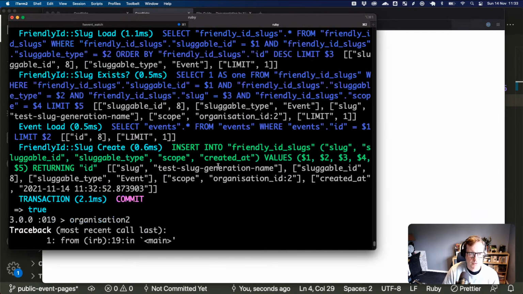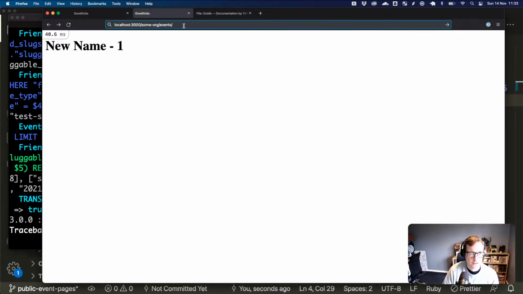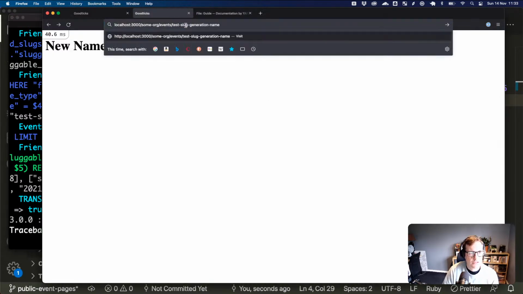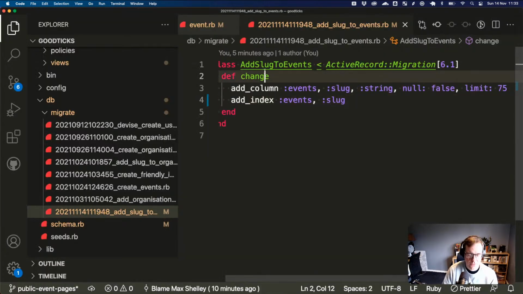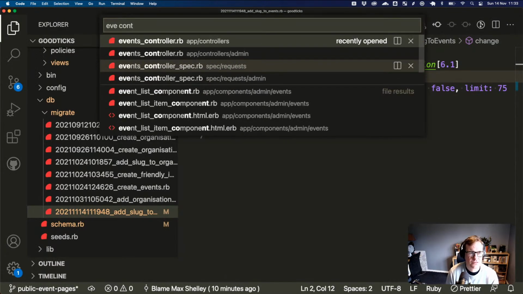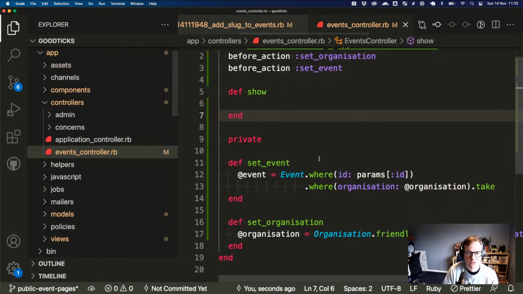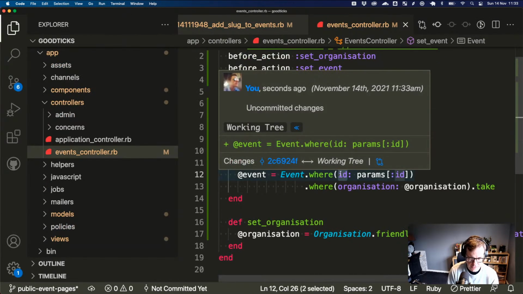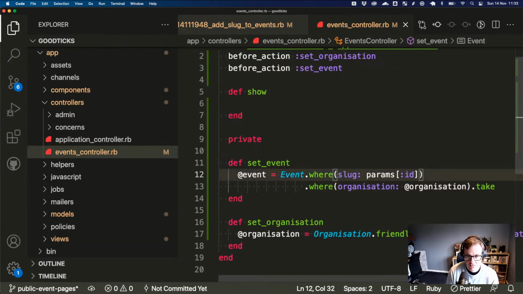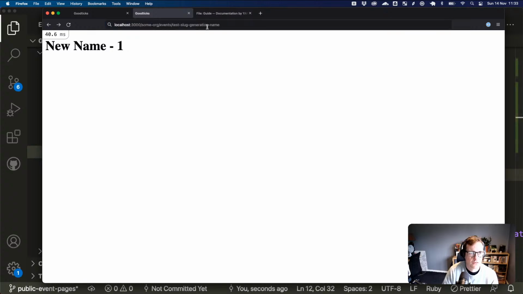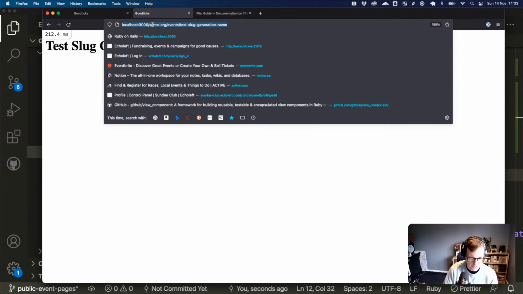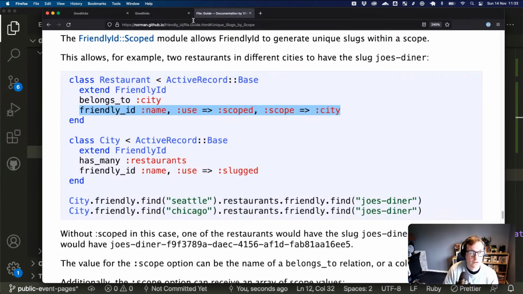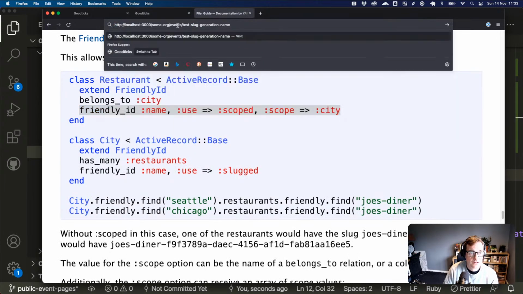I don't know if this will work because of the test slug generation name. I think it's already searching for ID, so I have to change the lookup. I'm sort of just not really sure why I'm bothering to do this. So this could now be slug programs ID. Yeah, cool. And so potentially we can then do this and change out this for Sunday Club.